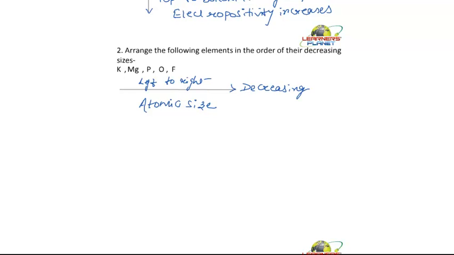Right? I have explained you this. Why does it decrease? Because the electrons are added to the same shell, as the result of which